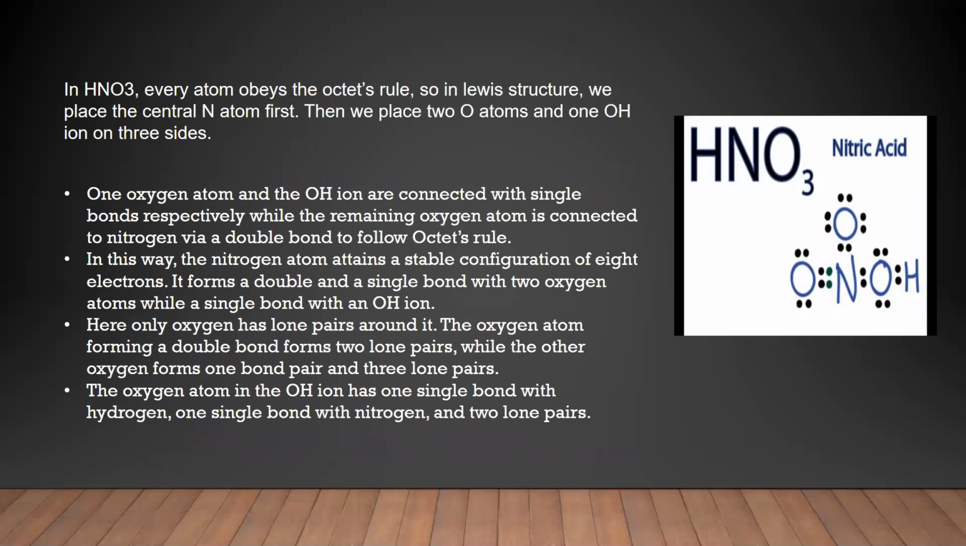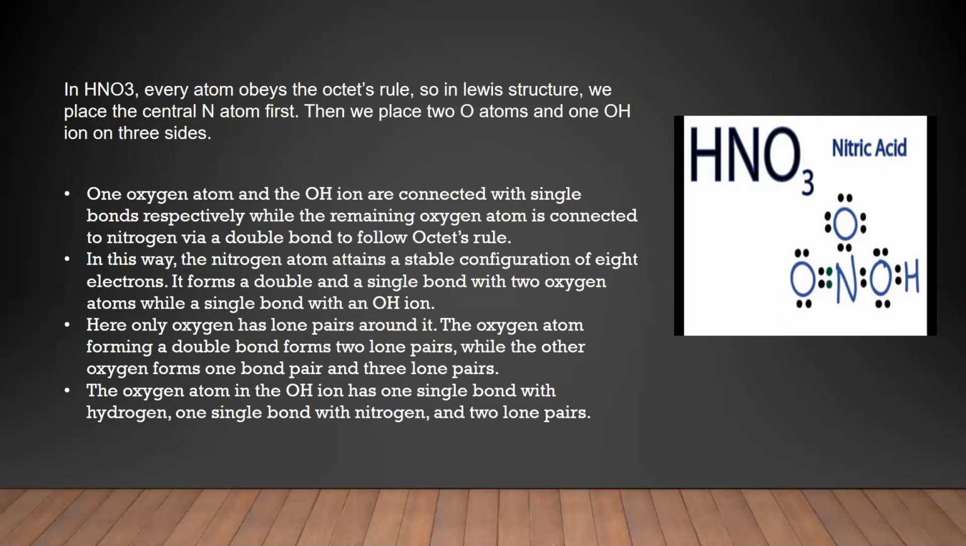So, in HNO3, every atom obeys the octet rule, to complete its octet, to complete its 8 electrons in the valence shell. So, in the Lewis structure, we place the central nitrogen atom first, then we place 2 oxygen atoms and 1 OH ion on 3 sides. As it is shown in the figure on the right side of the slide, here